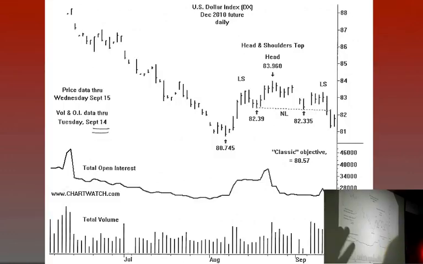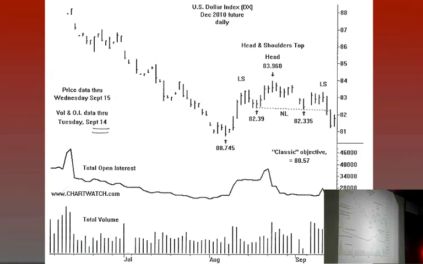But when we get to the daily chart, here's where it gets interesting. This is the December future. It has yesterday's price activity on it, and the volume and open interest, and we'll talk a little bit more about this, is always a delayed statistic. The end-of-day data that I get from the CRB charting service gives me that 1-day delay, because that's when the exchange comes out with it. So these bars and the line for the open interest have a 1-day delay. This is through Tuesday. That's always the way it's going to be.